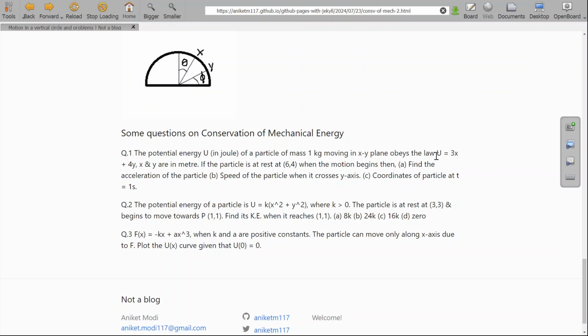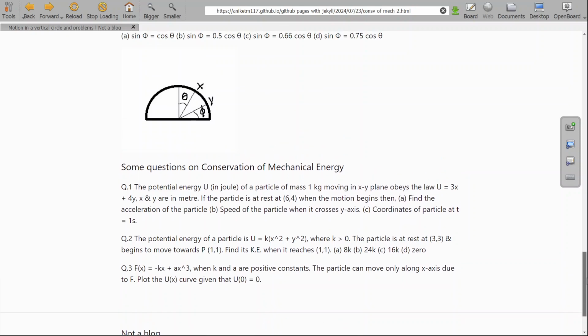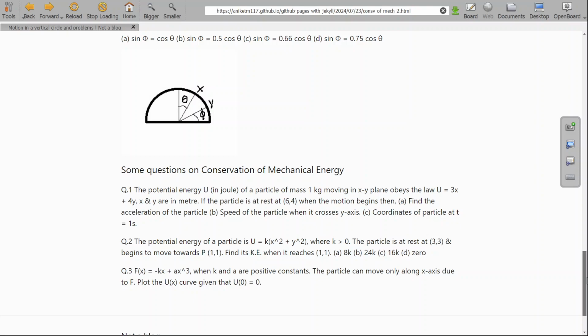So we know the potential energy of the particle to be 3x + 4y. Now what does this mean? This means that the potential energy of the particle is a function which is governed by the x and y position of the particle. So this clearly means that if we want to define, let's say, the difference in potential energy of the particle between 2 points, for example the points (6, 4) and the point where it crosses the y-axis, or any other point on its path,